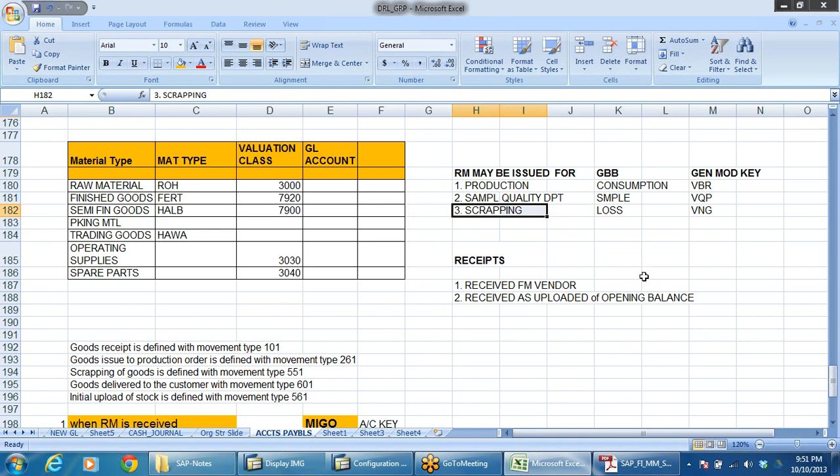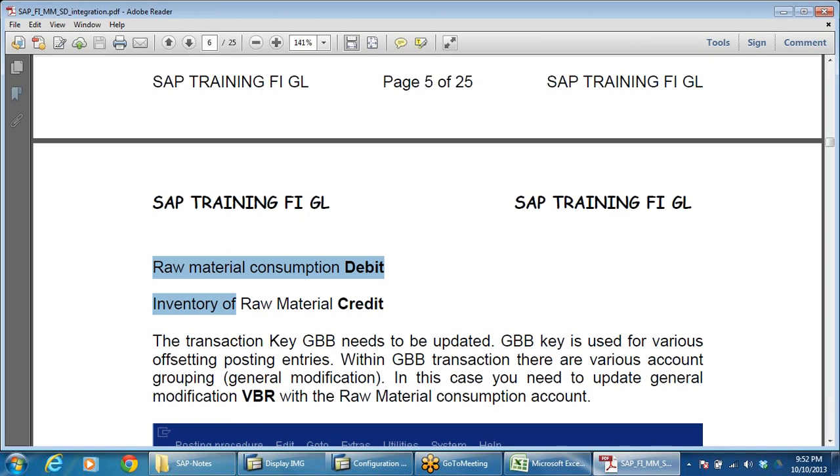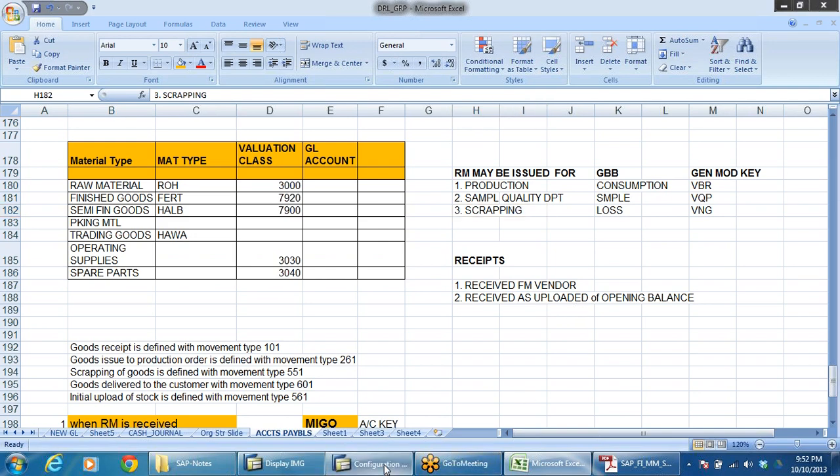So how should the system identify? For that purpose, general modification key has been given. So here, in order to post this accounting entry, whenever raw material is issued, raw material consumption account is debited, inventory of raw material account is credited. So in order to get this accounting entry, what we need to do is,